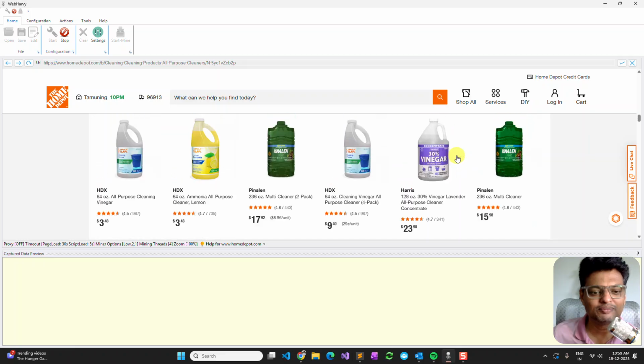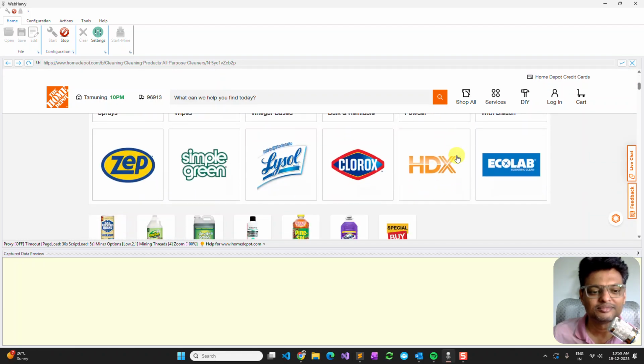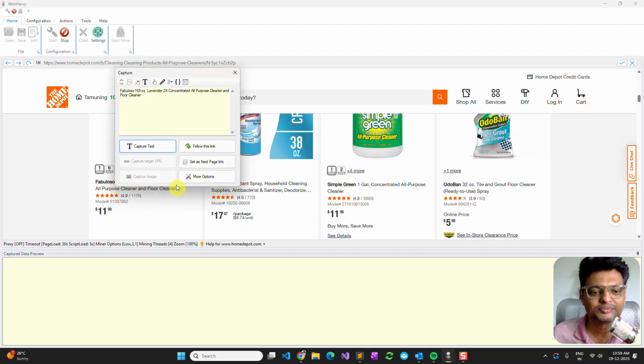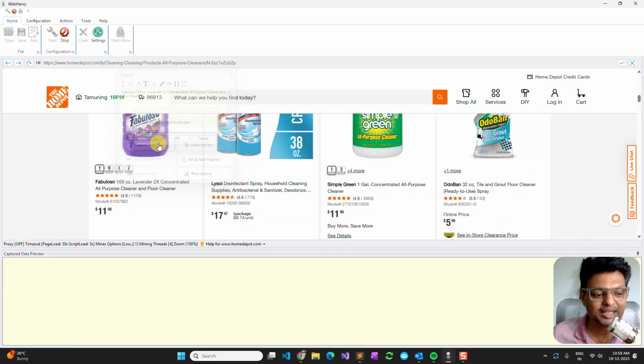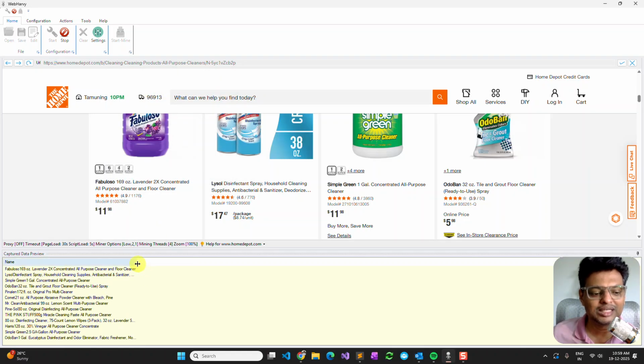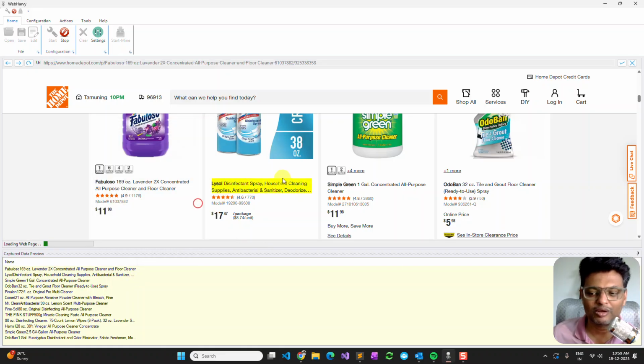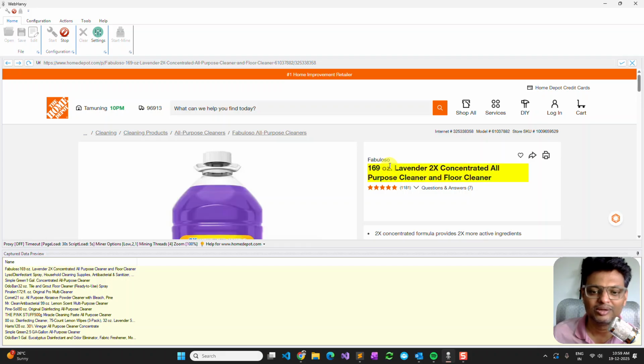Scroll back up, click on the title of the first product, and let's give it a name. And as you can see, WebHarvy has automatically identified all the subsequent products on the page. Click again, and this time use the follow this link option to load the details page from which further details can be selected. Let's select the category,